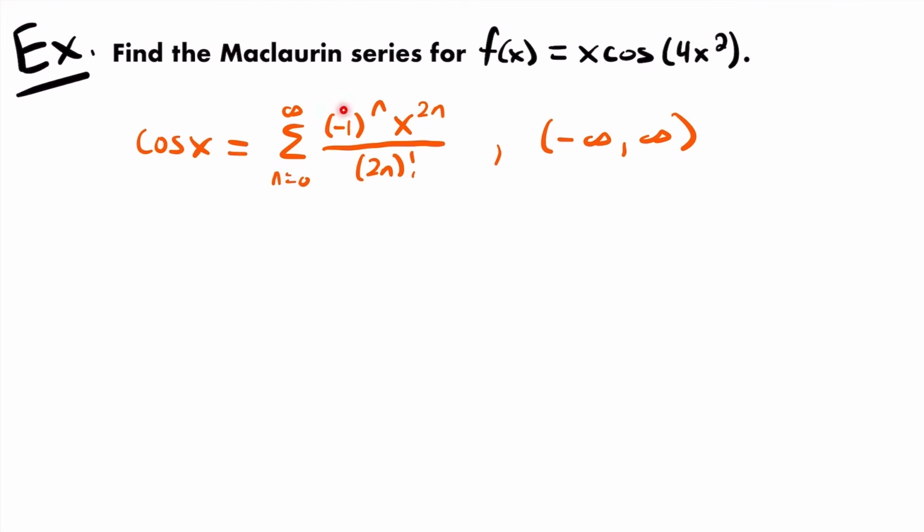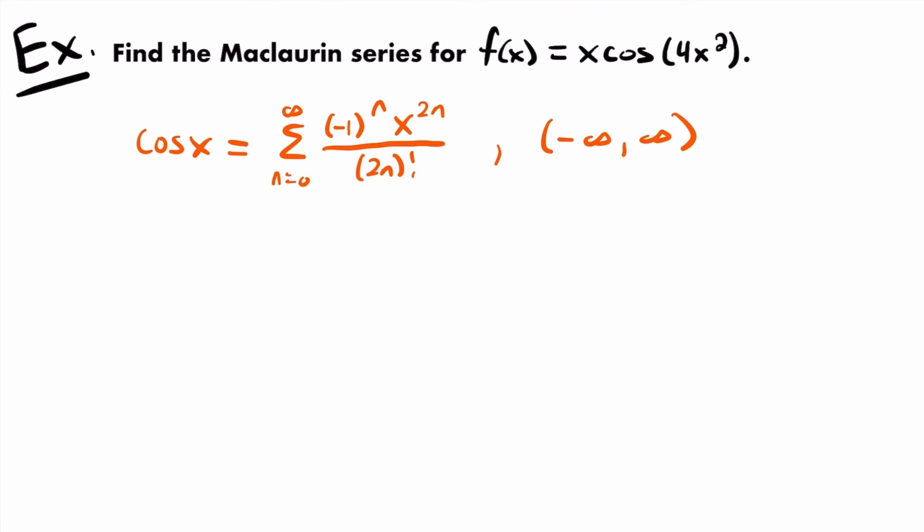Okay, and so this is the Maclaurin series for cosine of x, but how can we use this for this function where we have an x multiplied by cosine and we have cosine of 4x squared, not just cosine of x? Well, what we can do is actually replace that x with 4x squared and also replace it within the